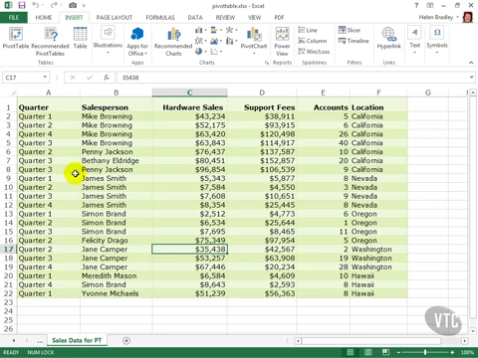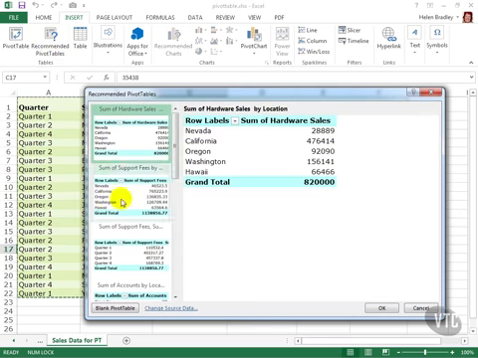have of this data, because the question will determine the pivot table that I create. Let's consider that we want to know what the hardware sales and support fees were for each quarter of the year. Now that I know what I want to look at, I can click inside the table and choose Recommended Pivot Tables to see if one of the recommended pivot tables that Excel provides me with can answer that question